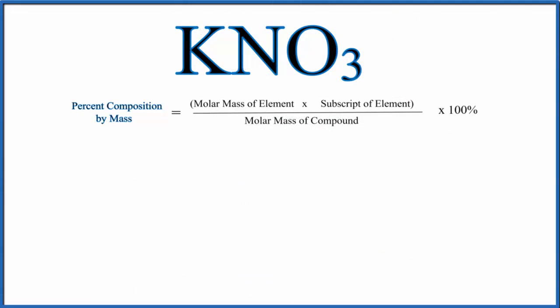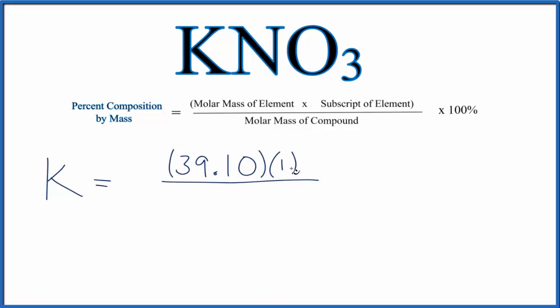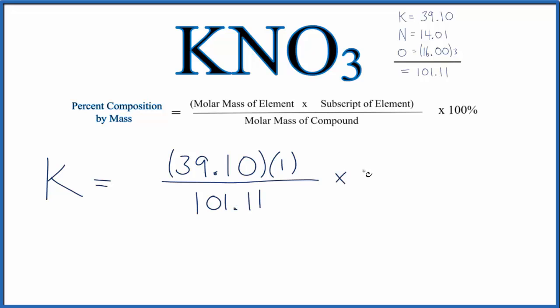So let's do some practice. Pause and find the percent composition for each element in KNO3, potassium nitrate. So let's find the percent composition of potassium first. We have K. We take the molar mass of the element on the periodic table. K is 39.10 grams per mole, and we won't write grams per mole since we know it cancels out. We multiply by the subscript here on the K, which there's nothing written, so it's just 1. And we divide that by the molar mass of the entire KNO3 compound. That turns out to be 101.11 grams per mole. Multiply it by 100, and we get